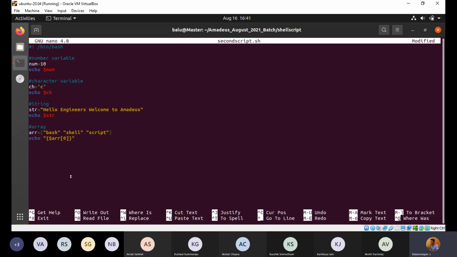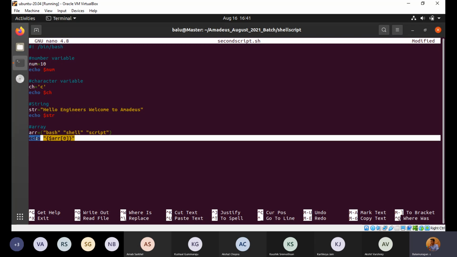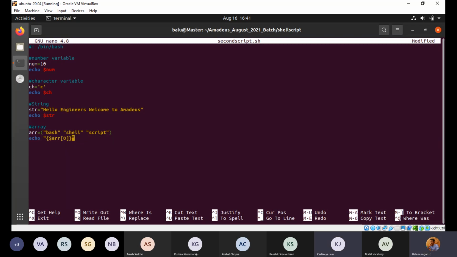Okay, let me just copy paste it for the other. Why do we have to do this? Which one? This one, putting the curly bracket? Okay, curly bracket is for returning the values. To be very specific,